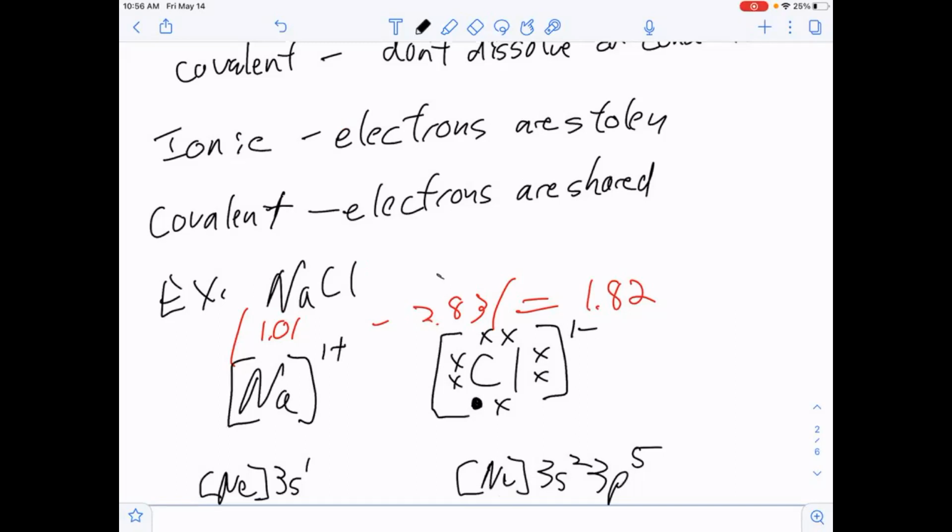I put brackets around it. You might think that sodium would be upset at chlorine, but what about opposites? They attract. So the sodium and the chlorine bond together because they are opposites in charge. So even though chlorine was a bully and stole the electron,